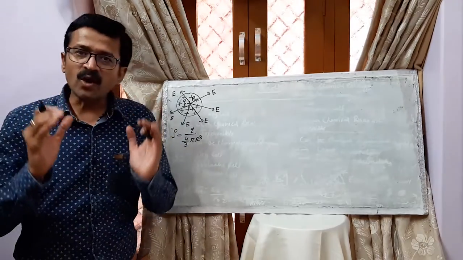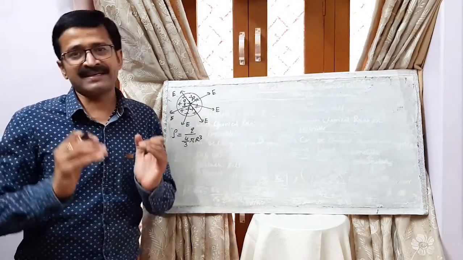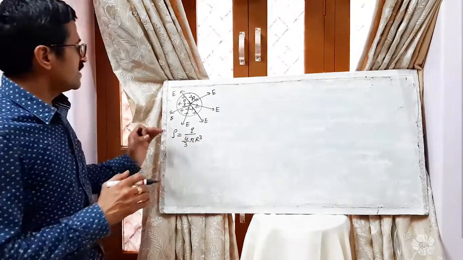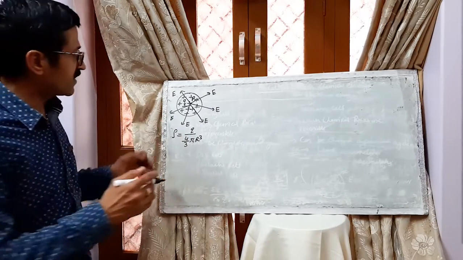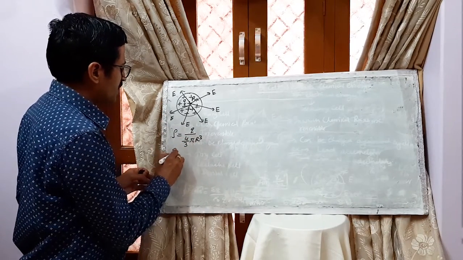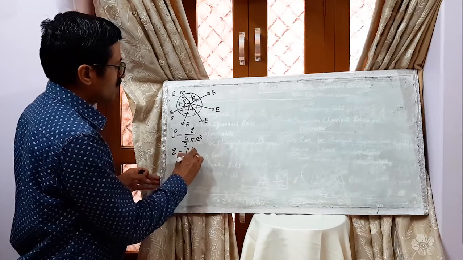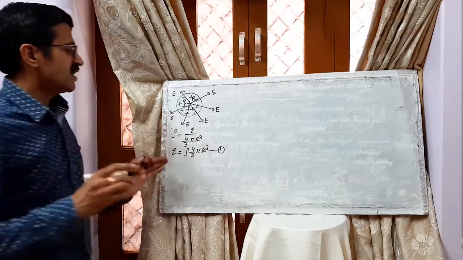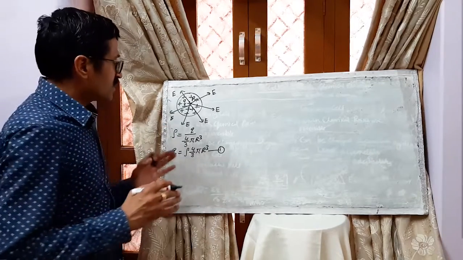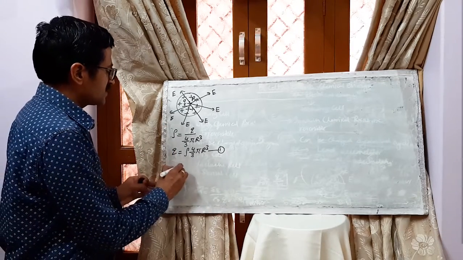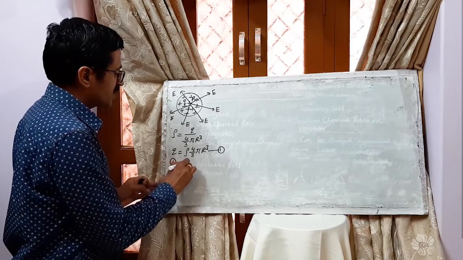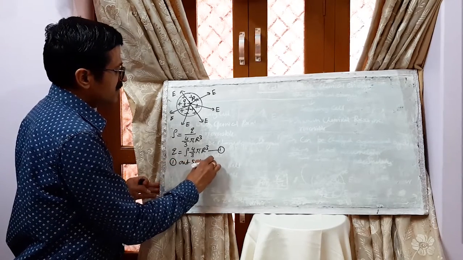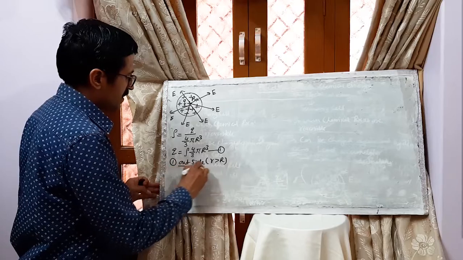It is a solid non-conducting, insulating or dielectric sphere in which we are going to find the electric field intensity in different cases. Then its value will be Q is equal to rho into 4 by 3 pi R cube. This is equation number one. Now we have to find the electric field intensity. For this purpose, first of all we take outside. Outside means small r greater than capital R.